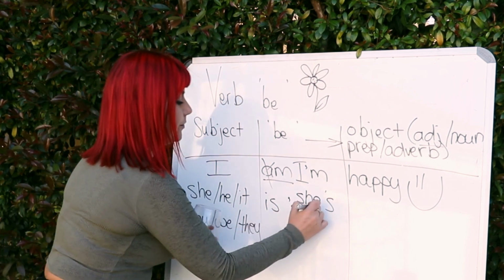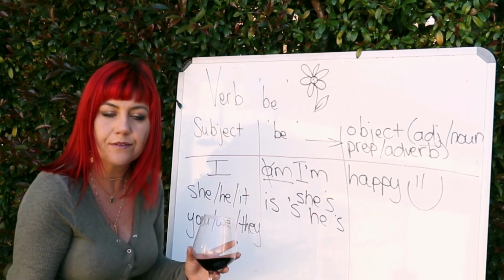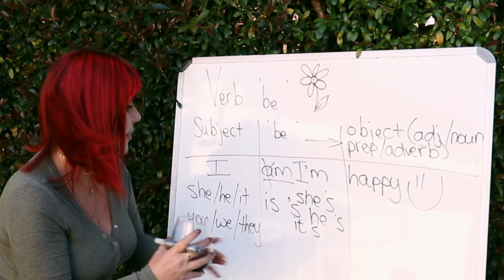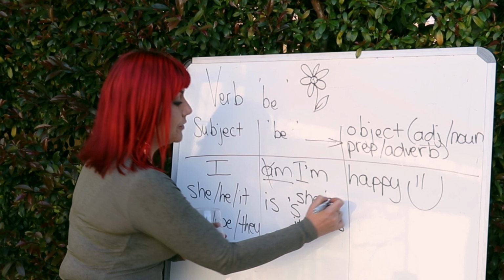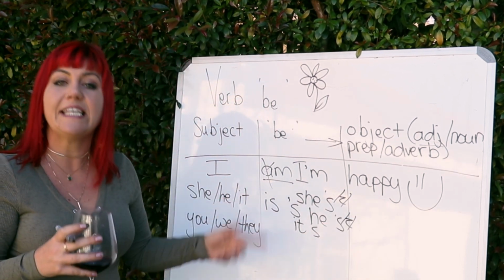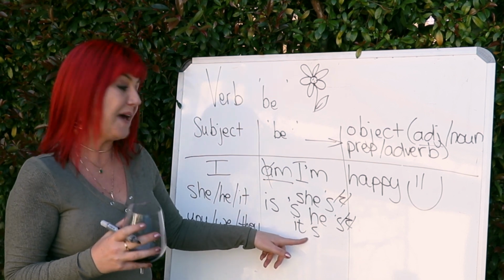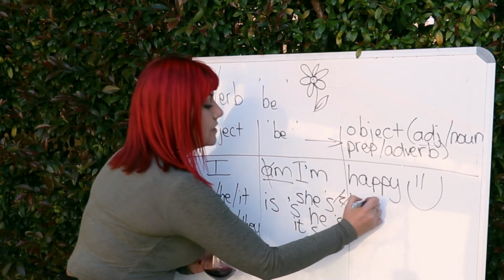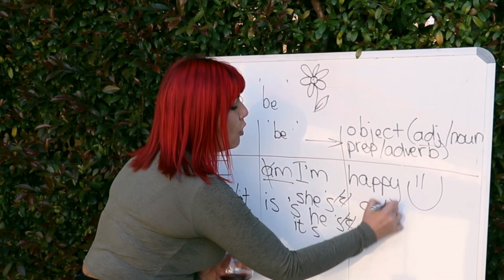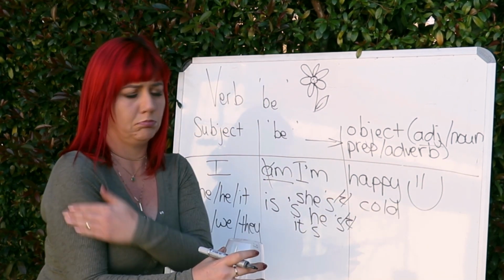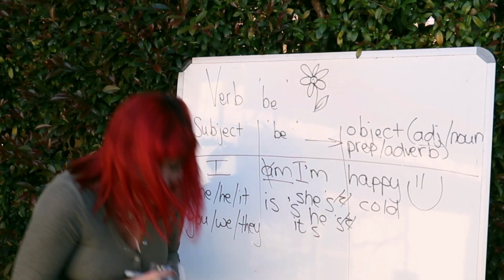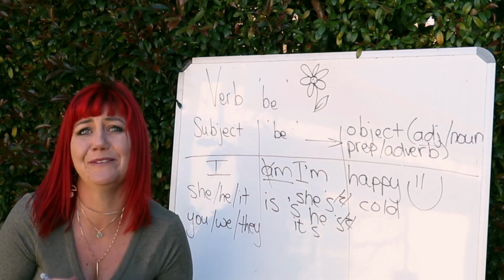She's. He's. It's. This one gets the S sound. These ones give you the Z sound. She's, he's, it's. Okay, so she's, let's think about the weather. Okay, she's cold. He's, the only thing I can think of is an asshole.